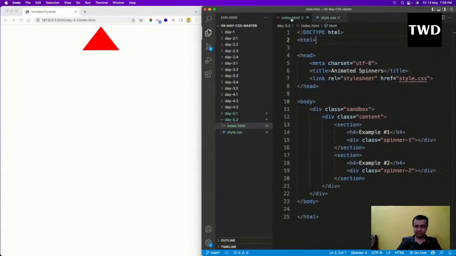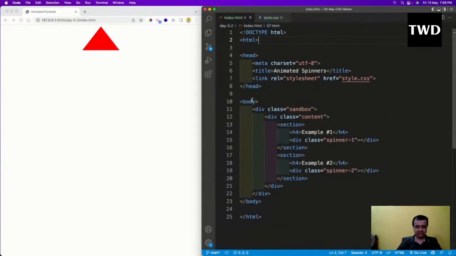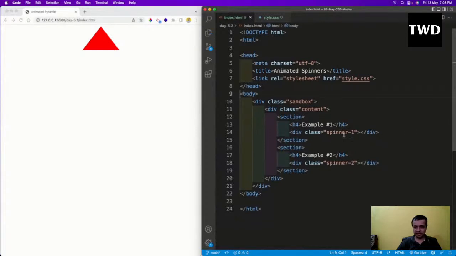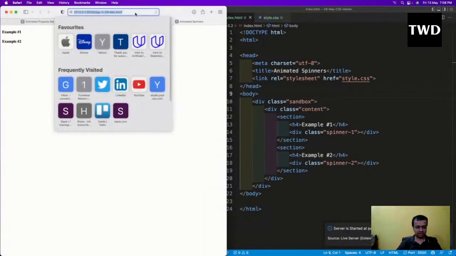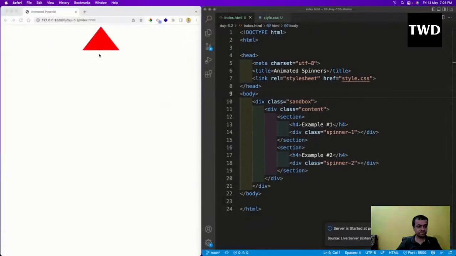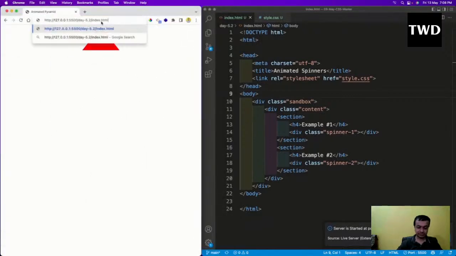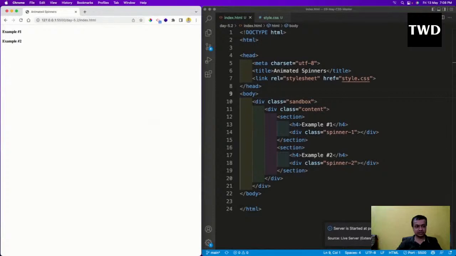Okay, so style.css is there, and here we have again a sandbox and all, and content example 1, 2 spinners are there. Okay, 2 spinners are there, so I will do it again, and now I'll copy it. So example 1 is example 2 and 2 spinners will be there. Okay, so that is there, and now